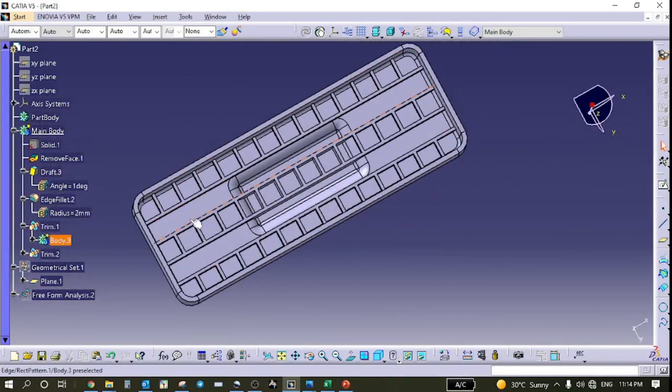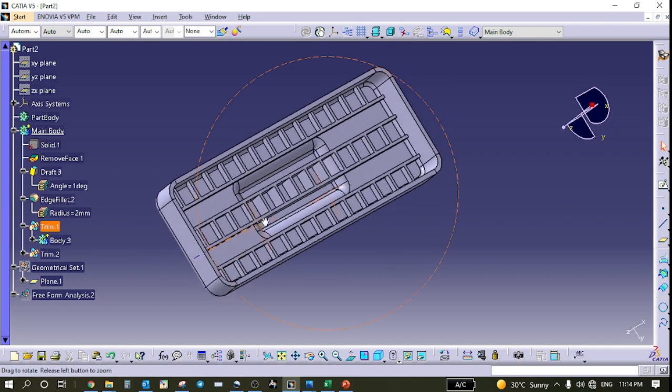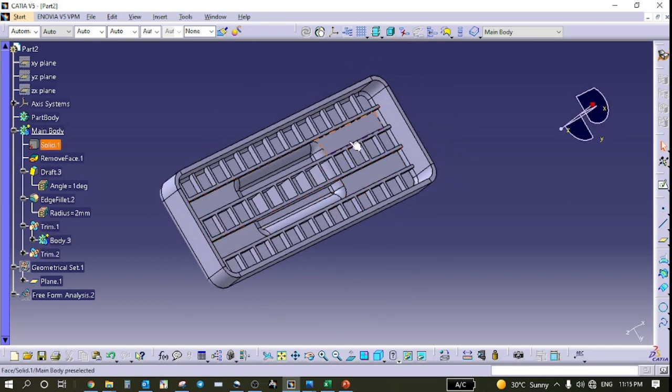Okay, two lines of vertical ribs are removed from this portion, so we will add new ribs there.